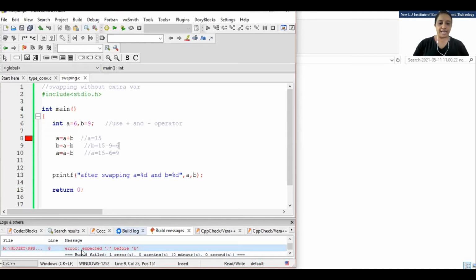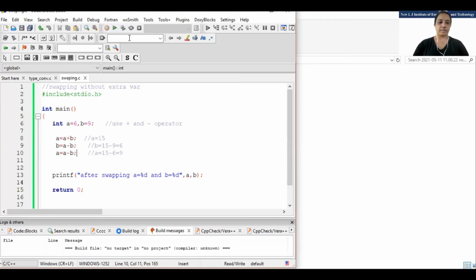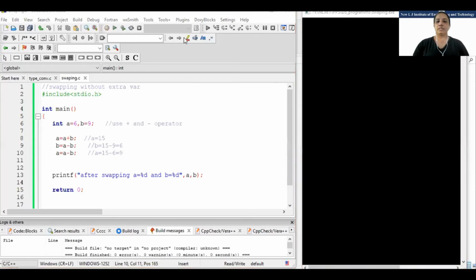See, the error is expected semicolon before B. Semicolon is missing in each one. So I'll just fix that, save the program and run. Okay, semicolon missing. Fine.